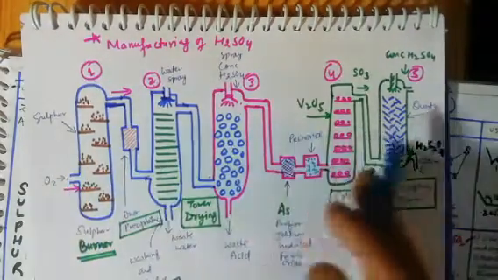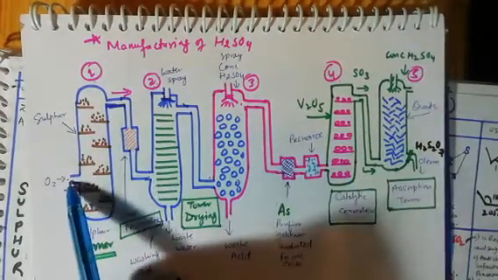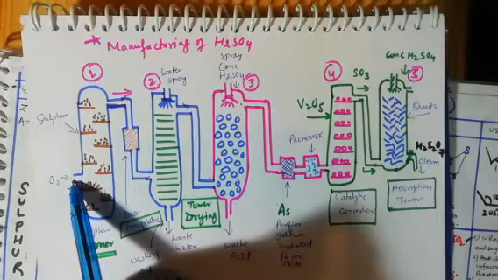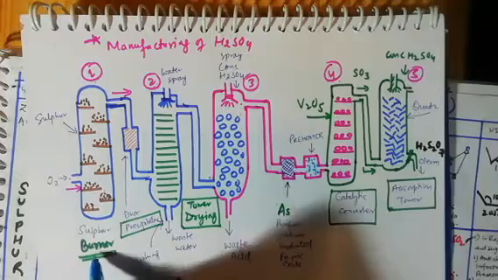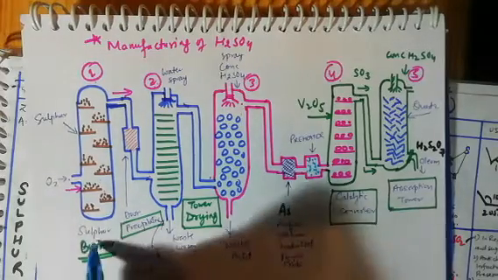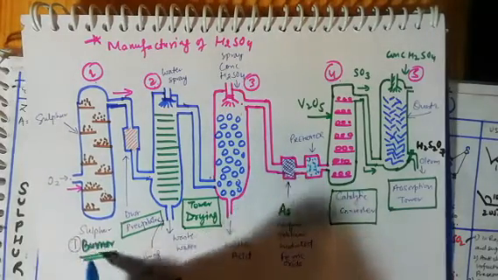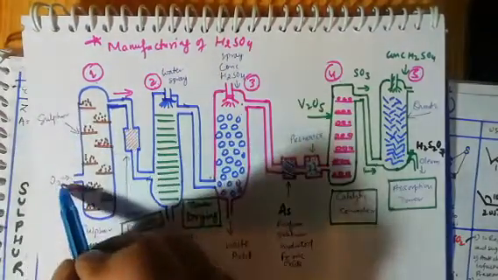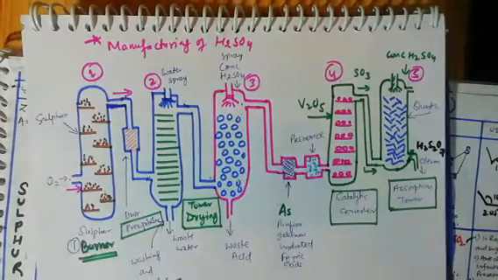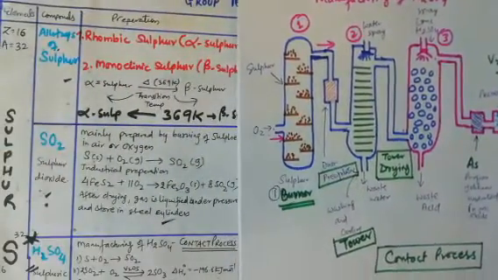This is a process in which oxygen is supplied inside the sulfur burner chamber. So the first chamber is the sulfur burner. This is the first chamber, the sulfur burner. In the sulfur burner, oxygen will be supplied and sulfur will react with oxygen. So the first step is, as we have already written here, I am going to show you the first step.